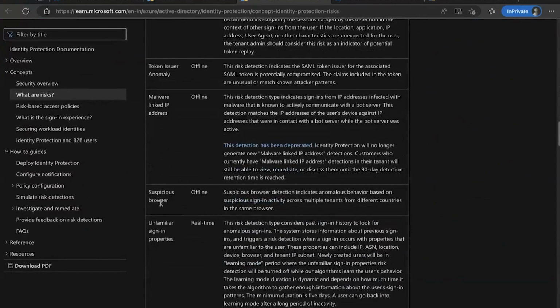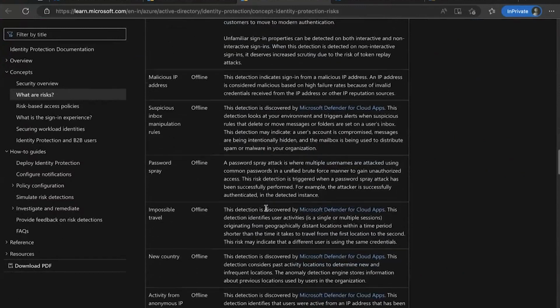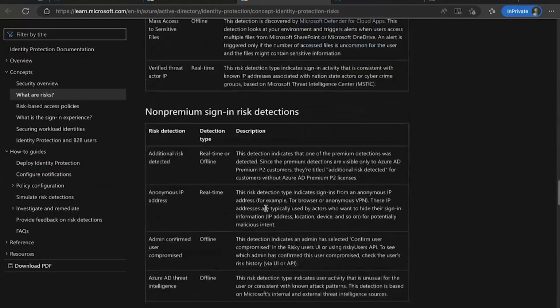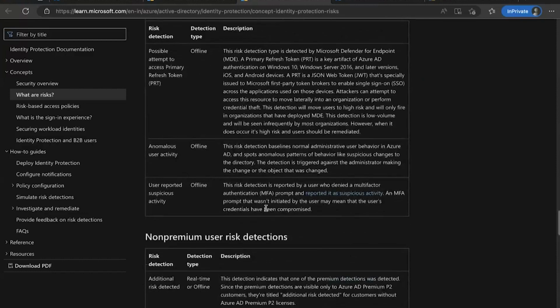Okay, suspicious IP, suspicious browser, the list keeps going on, right? All the list that is here, you can keep checking out over here.